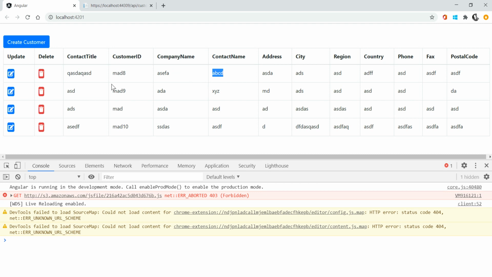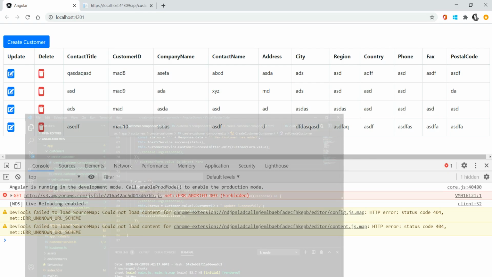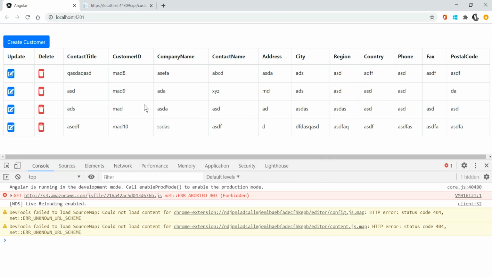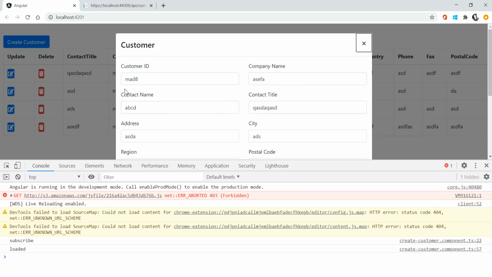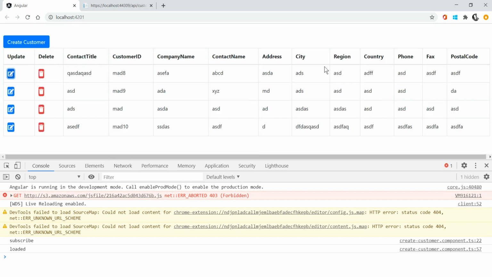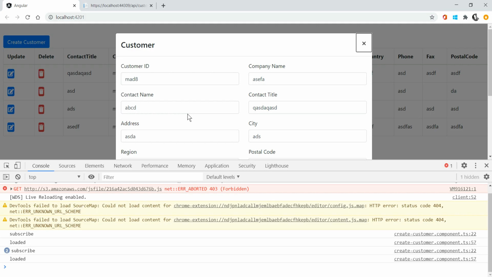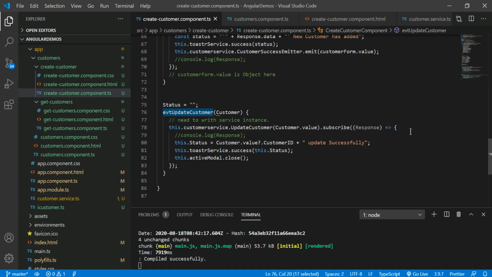Now come to this modal again. So how do we do that? First step is I have to take the event emitter again. The event emitter is responsible for sharing data between the two components, right? The same thing: I want to take this current data and update it with this modal pop-up. We already have one emitter, the customer success emitter.